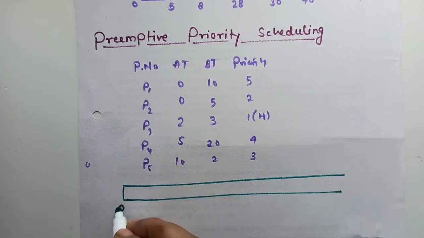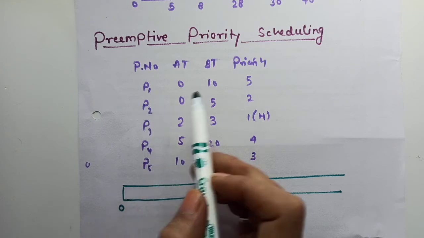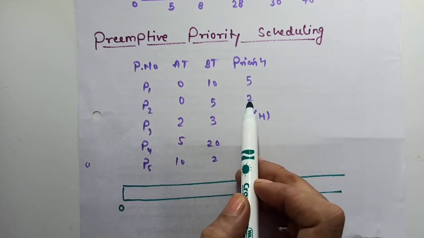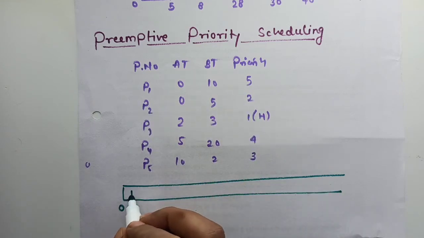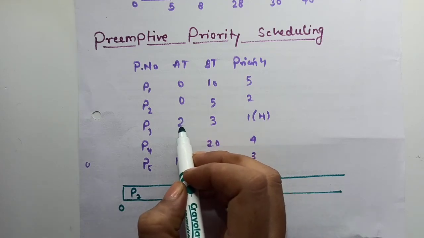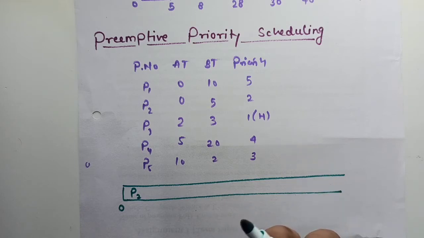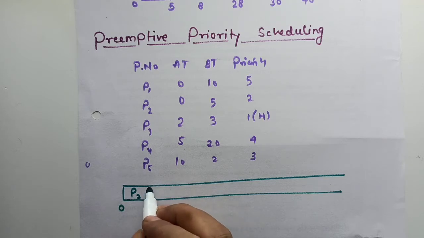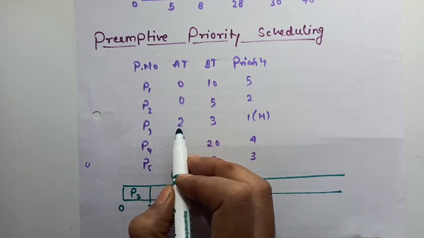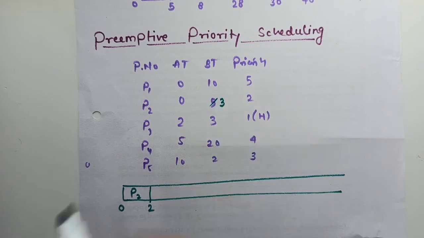So at time 0 we have two processes, P1 and P2. Which process to schedule? The process which has the highest priority. So I will schedule process P2, but for how much time? For the next arrival of a process. It's the same preemptive version as we have been doing in previous videos, the first video where I told you the concept of the preemptive one. So P2 will be executed for 2 time units because the next arrival is at 2. So it has executed 2 time units and 3 units are left now.